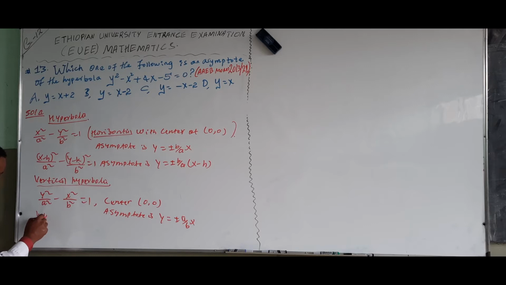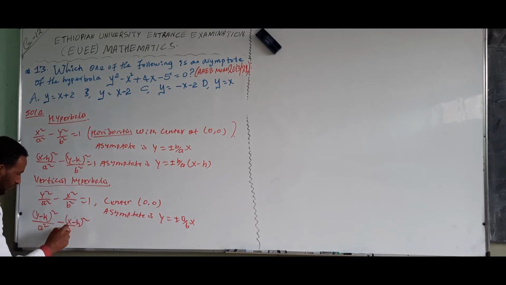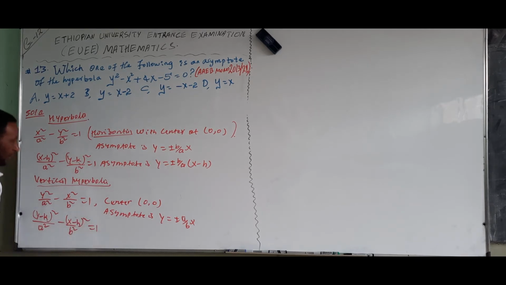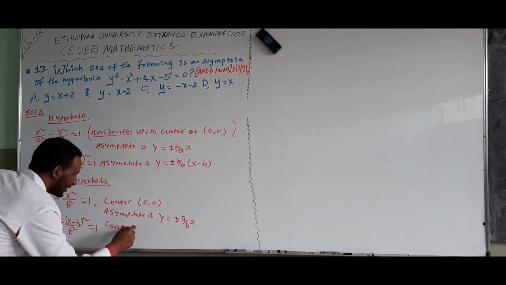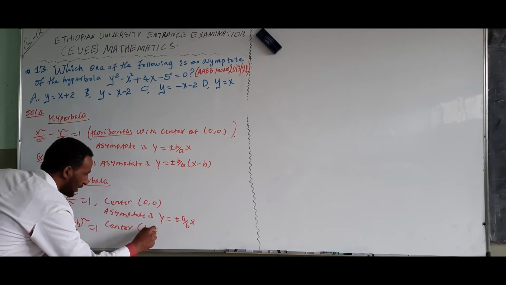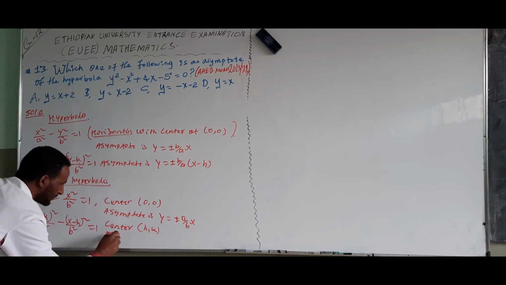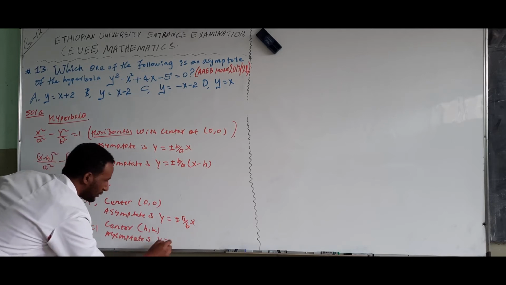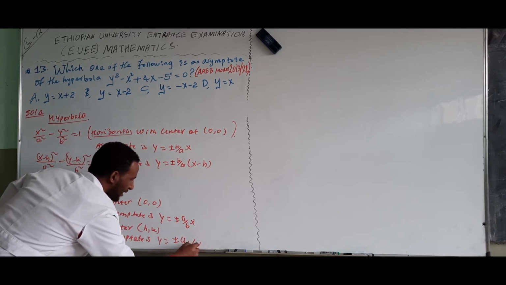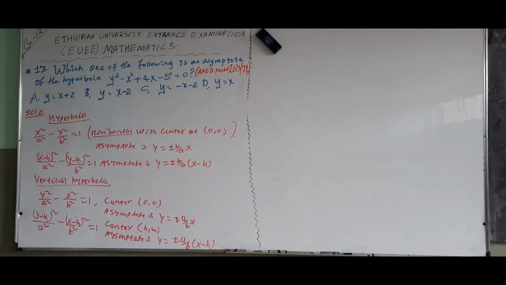y minus k whole square over a square minus x minus h whole square over b square is equal to 1, when the center is at h comma k, and the asymptote is y minus k is equal to plus or minus a over b x minus h. Therefore,